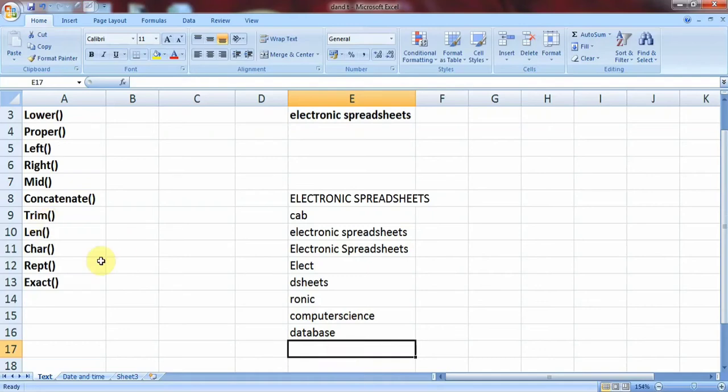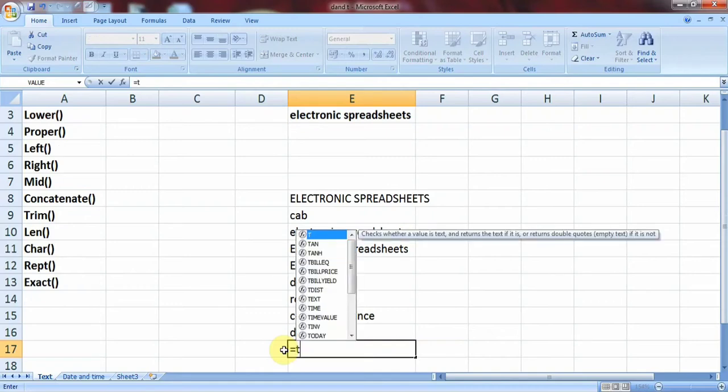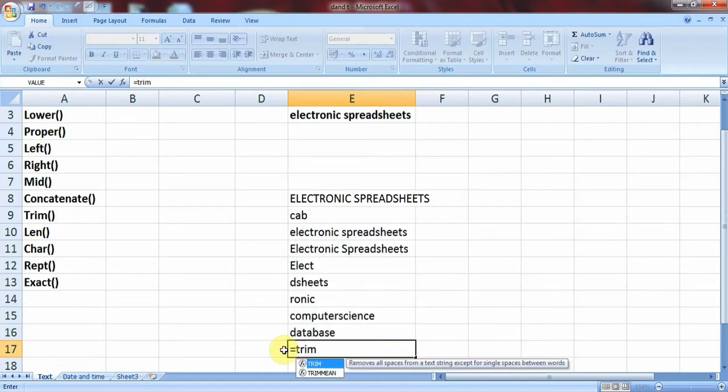Next one is trim. This function trims or removes unwanted or extra spaces in our string. The syntax is trim, then the text to be trimmed. Here I will give some extra spaces, data, then base.